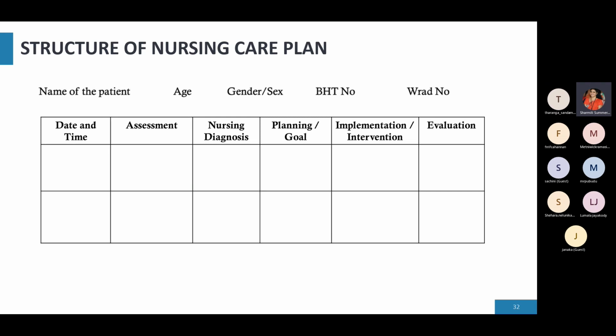And planning means, yes, we are planning. As a normal procedure, after the assessment, we need to analyze, and we have some solutions. Those solutions we write as planning. The solutions, ideas and suggestions for controlling that problem, we call planning. Once we have planned, we are going to implement that. Implementation means the things that we do, our actions, we call implementation.